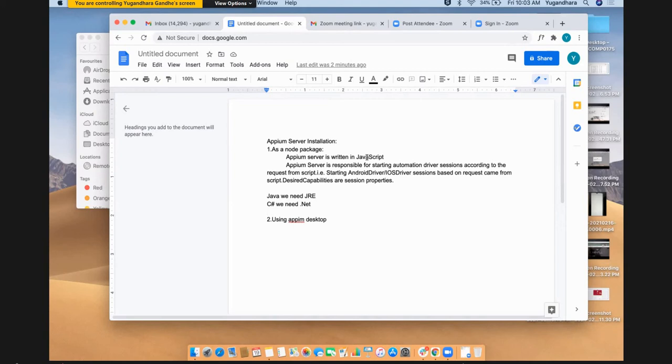That's why JavaScript used to be only a client-side scripting language. We were not able to develop any server-side programs using JavaScript because there was no JavaScript runtime environment available, right? Now there comes Node.js. Node.js is a runtime environment for JavaScript, right? What JRE is for Java and .NET is for C Sharp, Node.js is for JavaScript, right? So it's a runtime environment.